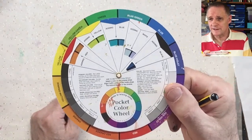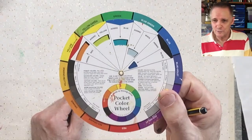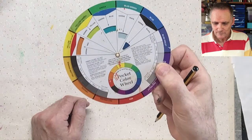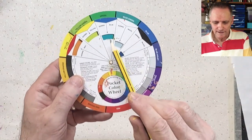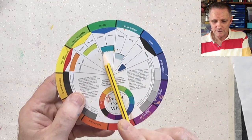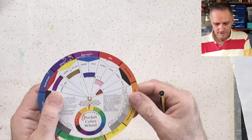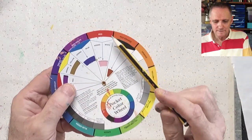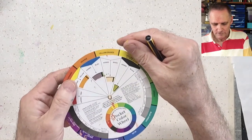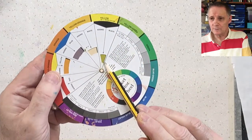They're relatively inexpensive. It's always worth having one to hand just to remind you which colours to mix to get a certain colour. Like if we wanted that nice tealy colour, we'd get the green and add the blue and we'd get that nice tealy colour in the window there. If we wanted a nice pink, we'd add white to the red. If we wanted a nice olive green, we'd take the yellow and add some black and we'd get that nice